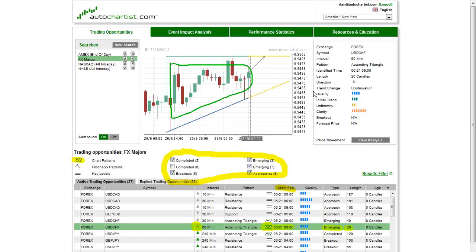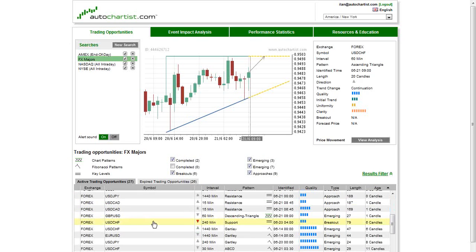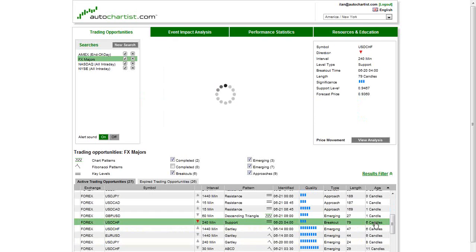And last but not least, the last column on the list is a column called age. Now this is a very, very important column. Age is how old the pattern is in candles, right? So you can see that this pattern is brand new. It's brand new. We know that because it's got an age of 0. Now, if we scroll down a little bit in the list, and we look at an opportunity which we identified 6 candles ago, 6 4-hour candles ago, age 6, right? What we will see,